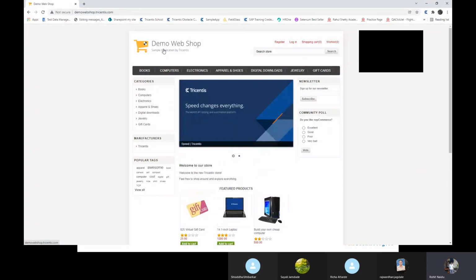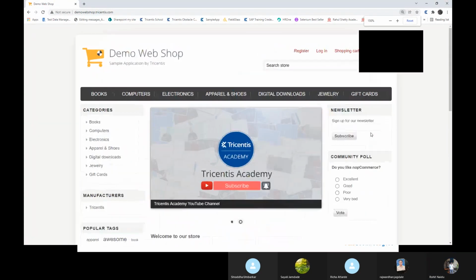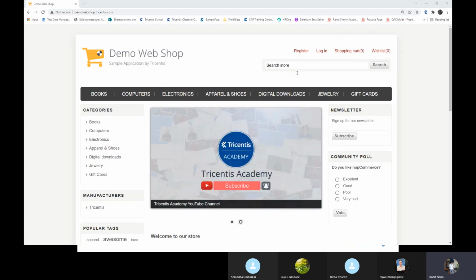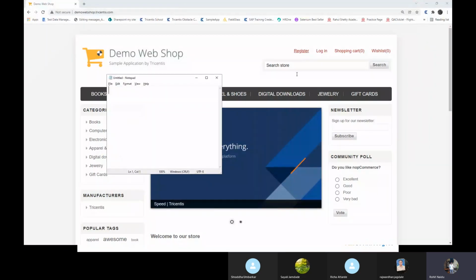I will increase its zoom percentage. So the business team has given some requirements to us. They're asking us to test this particular application called Demo Web Shop, and they will give us a requirement in this format.